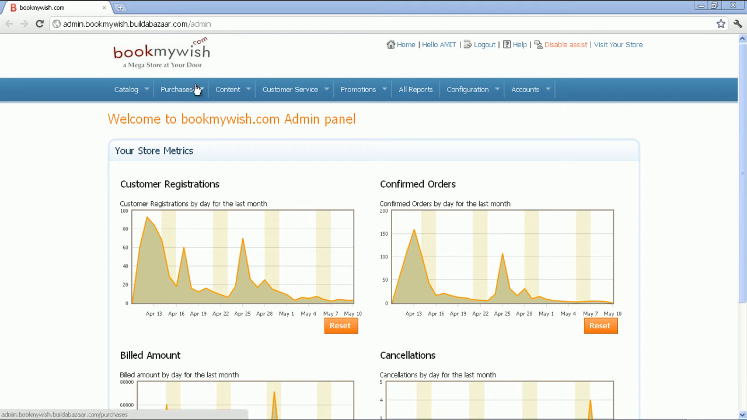The Manage Purchases feature contains various transition states that a purchase goes through. The transition state of the purchase depends upon the action performed by Buildabazaar and the store owner. To access Manage Purchases, go to Admin Panel page, place the cursor on the Purchases drop-down menu and click Manage